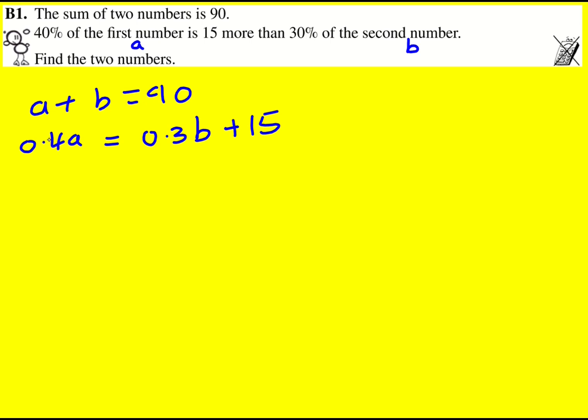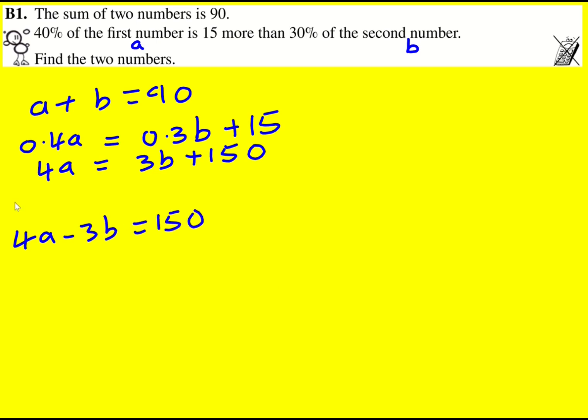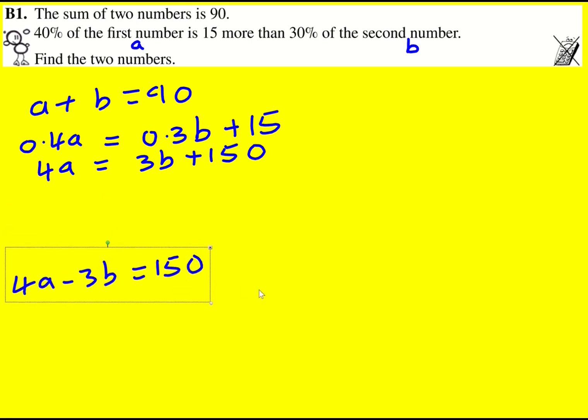So first up, let's get rid of these decimals. I'm going to times through by 10, so I'm going to get 4A equals 3B plus 150. There's some different approaches now. I'm tempted to rewrite it as 4A minus 3B equals 150. And then at the same time, I'm going to times my top equation by 3 to make the coefficients the